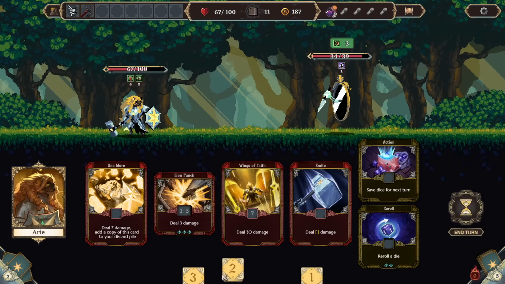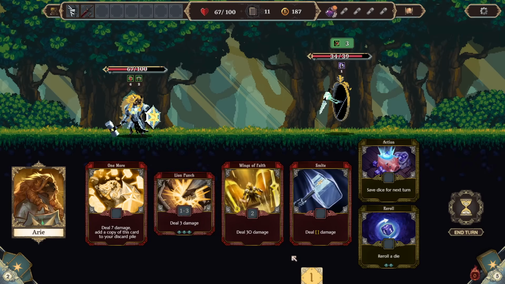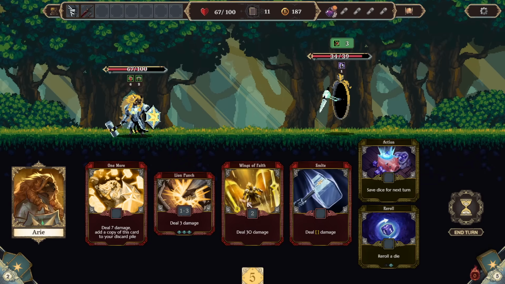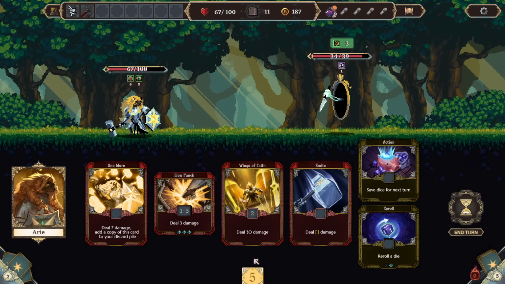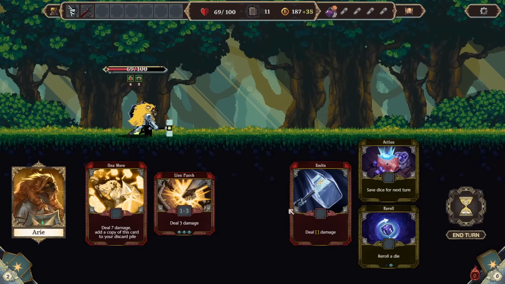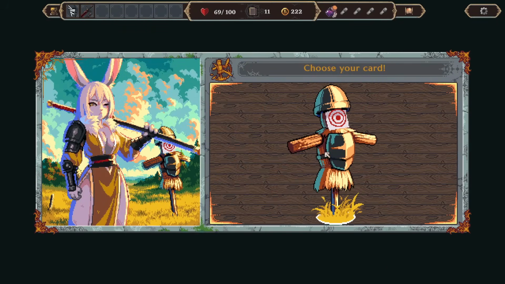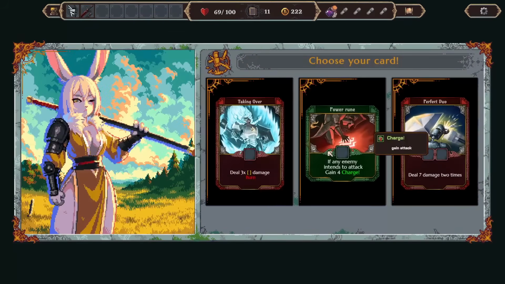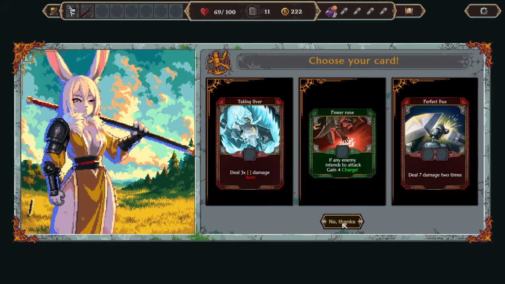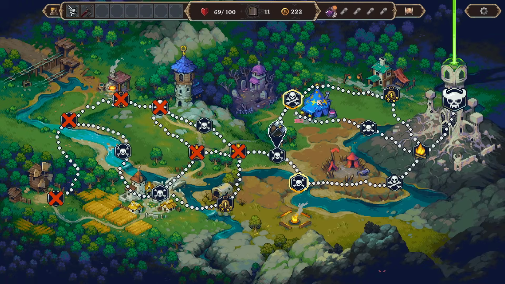Wait, 5, 6, 7, 8, 9, 10. No. Wait. Oh, okay. You could literally count. That's sick. So I could spill over. That's perfect. I'm actually not going to take anything this time around. We've just been taking every single time, so...